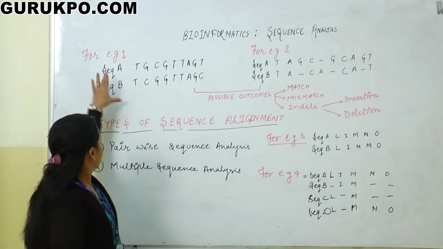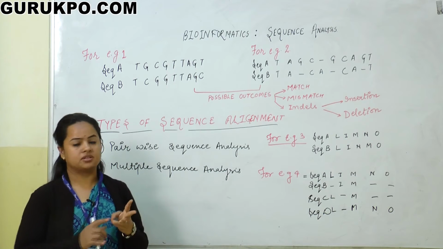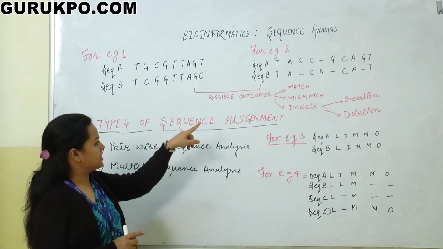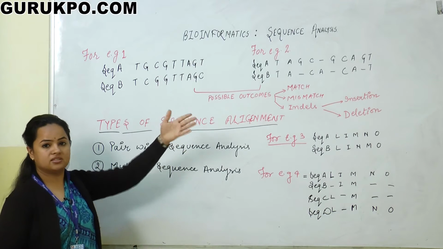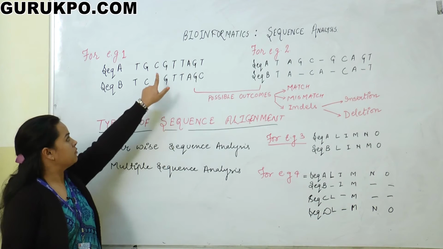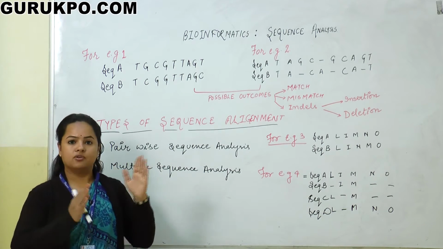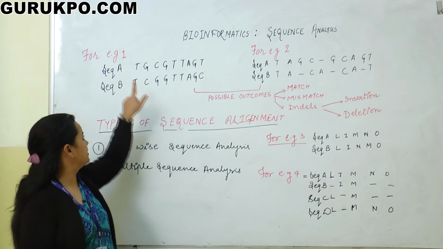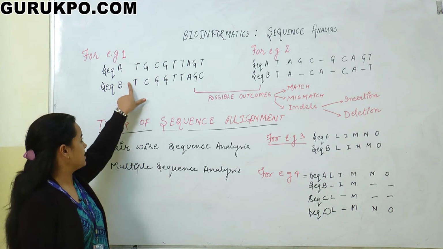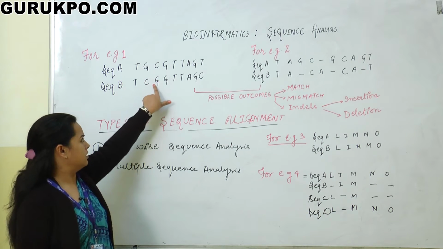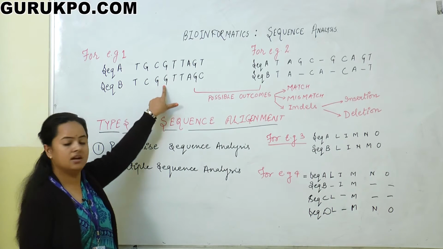Whenever we match two sequences, we get three possible outcomes. First is the match, second is the mismatch, and third is the indels. Let me explain what the matches are. As the word suggests, matches are those where both letters, or nucleotides, are similar and align with one another. For example, in this sequence, the thymine base resembles the thymine of sequence B, therefore these are matched, but the cytosine in sequence A does not match with the guanine of sequence B, therefore these are mismatches.